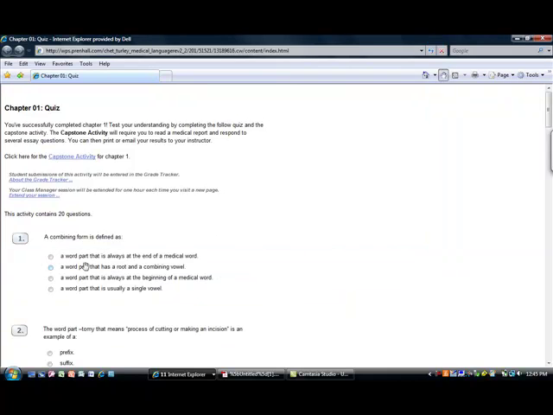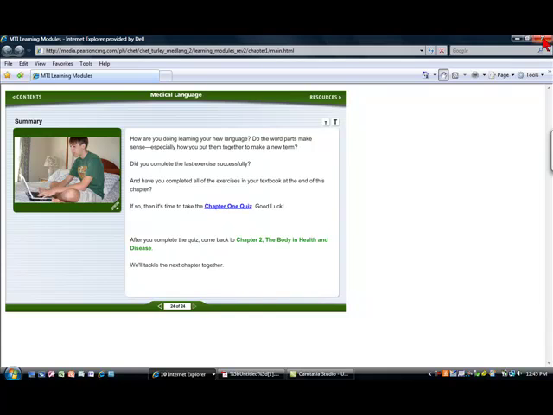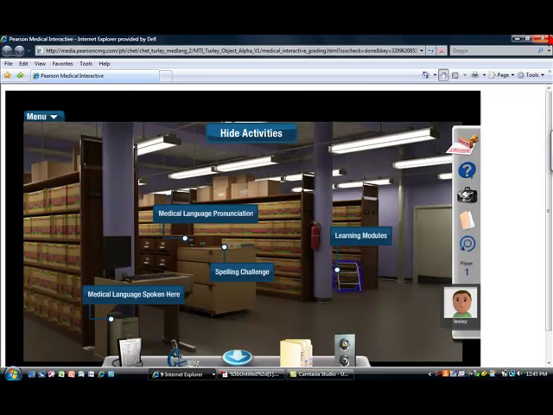And as you can see here, there are 20 questions. A combining form is defined as, and after you finish this learning module, you should know the answer to all these questions and submit. And you will be graded on this exercise. The records room also has a spelling challenge, medical language pronunciation, and the medical language spoken here, which you can listen to doctors pronounce various terms, read reports. It's an excellent